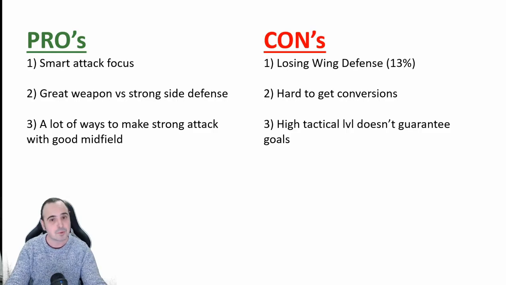Pros and cons: it's pretty straightforward with attack in the middle. You're trying to maximize your chances to score from the center. If you are facing a team with very strong wing defense and mediocre center defense, you could make use of this tactic. And there are a lot of ways to try and straighten your attack in the center with good midfield contribution. And the cons: you are losing wing defense, it's hard to get conversions, it's not guaranteed, and you